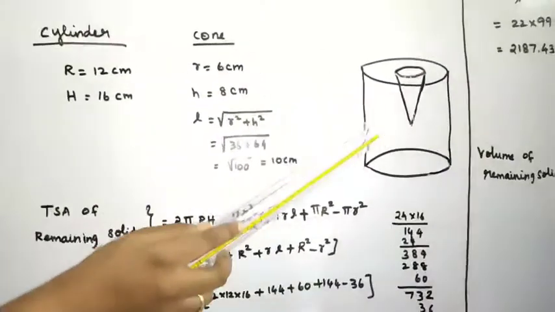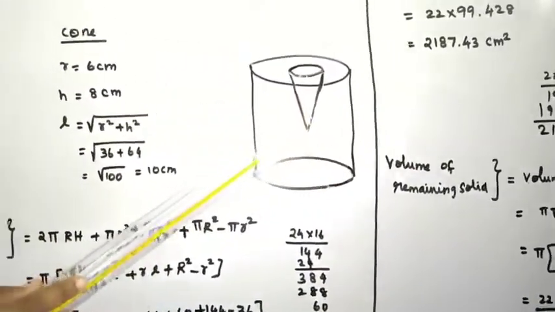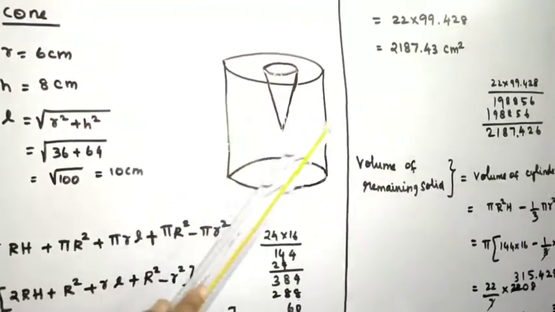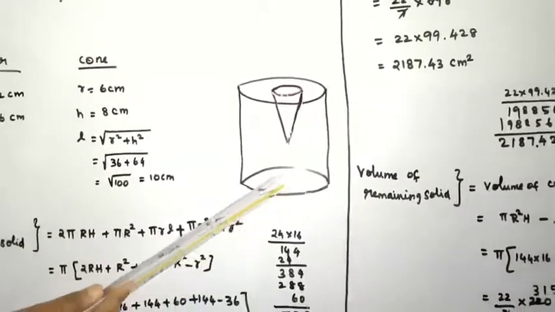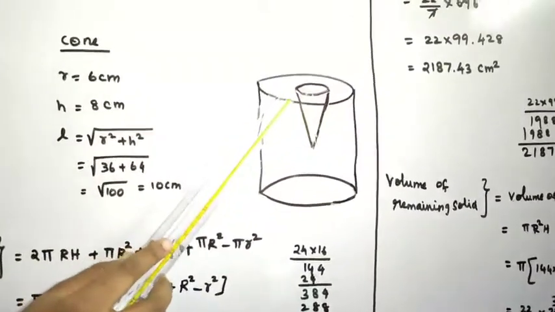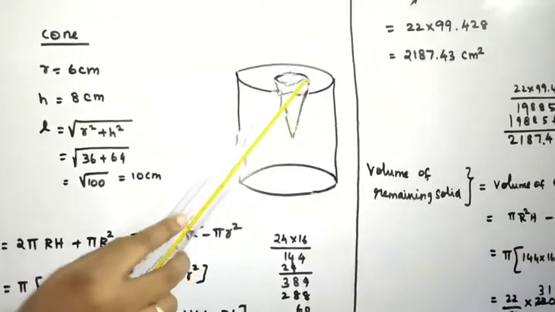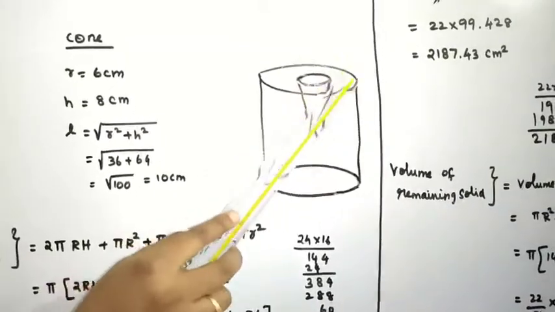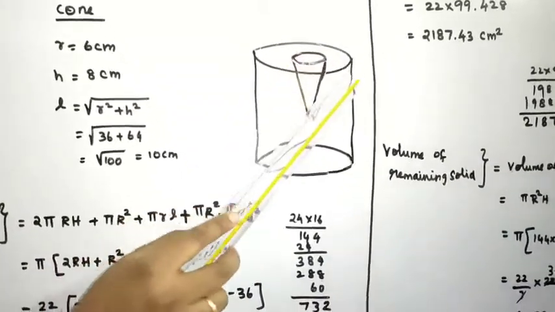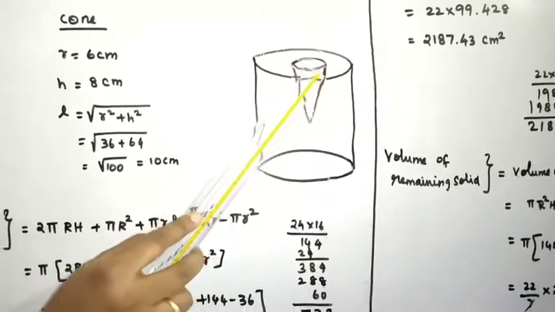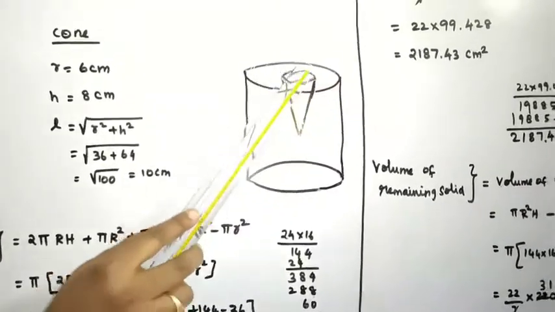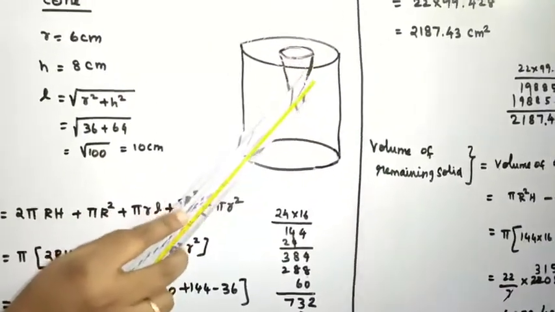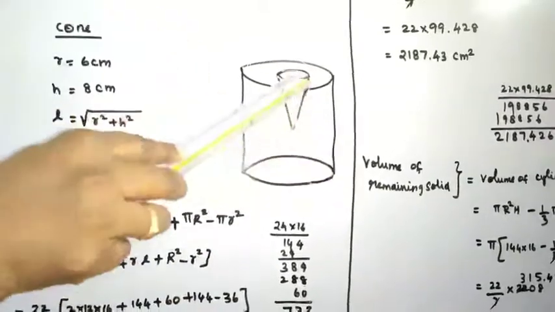So we have to find the total surface area of the remaining solid. Consider this: if you have to paint this wooden block, you have to paint the curved surface area of the block and the base area of the block. In the top of the block there is one hole, that is the base area of the cone. Then you have to paint the remaining area, which is the top area of the cylinder minus this circular part. Then this one, this is cut out, but this curved surface area we have to find. This curved part we have to find.